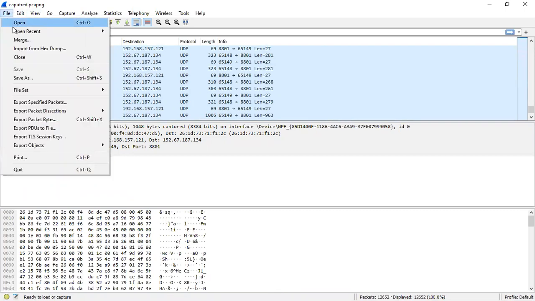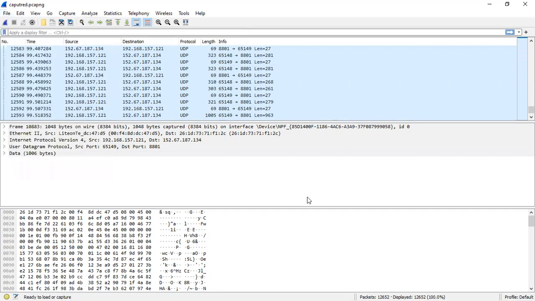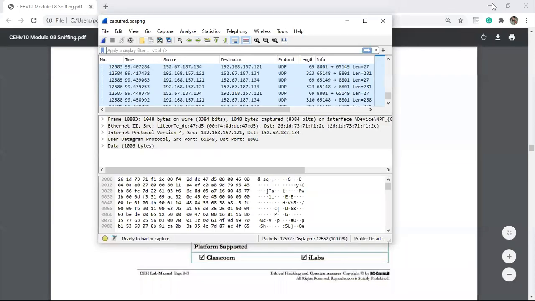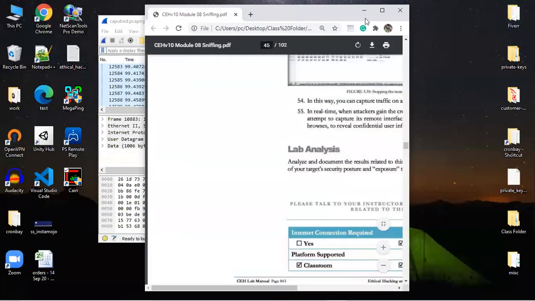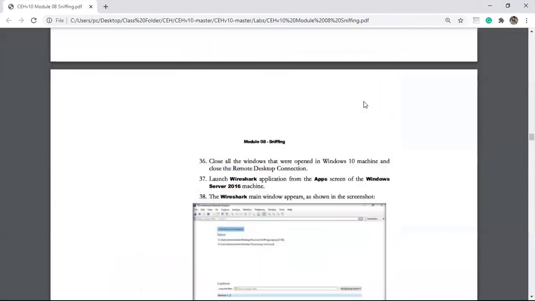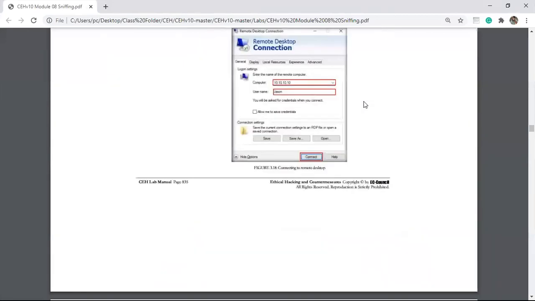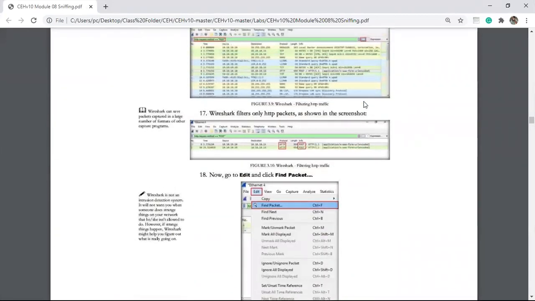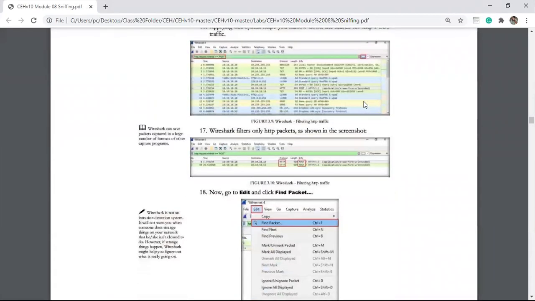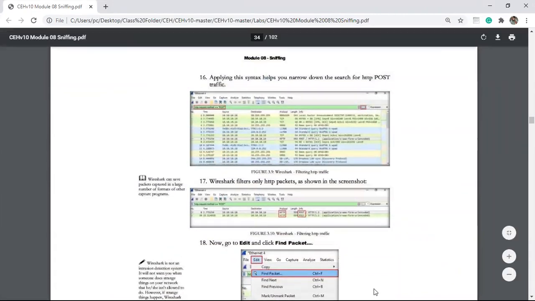Now you can just create a dump here. Yes, here is the option.